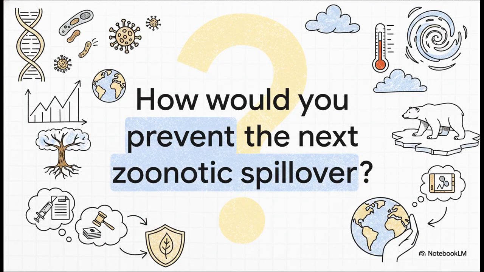So I want to leave you with this provocative thought. Knowing what you know now about the origins of these diseases, the sheer mechanics of evolution, and the massive impact of human expansion, what innovative engineering or policy solutions would you design to prevent the next zoonotic spillover? Seriously, think about it. I encourage you to discuss these concepts, maybe even quiz yourself on the key terms we covered today. How will you step up and contribute to global health initiatives to protect our shared future?